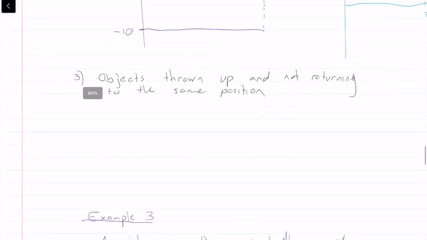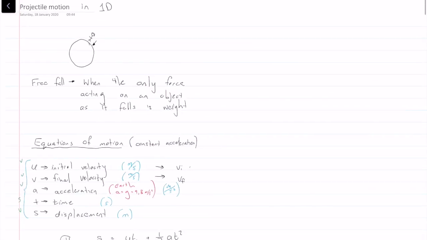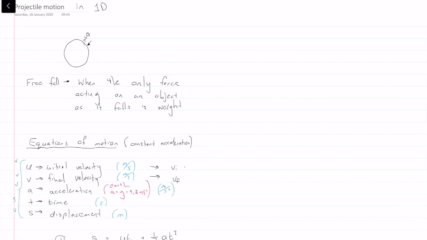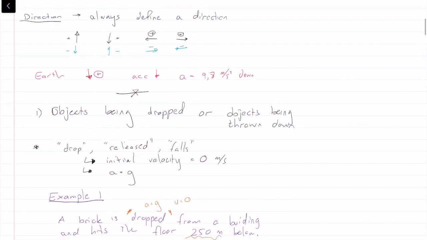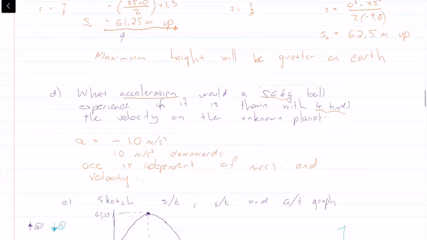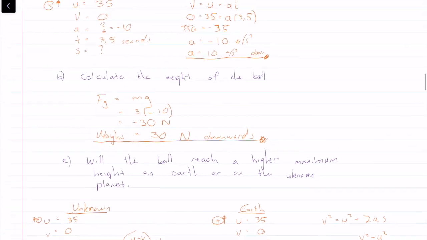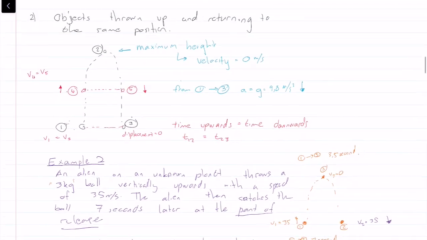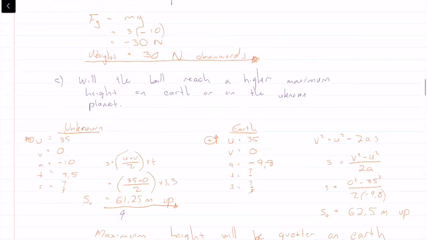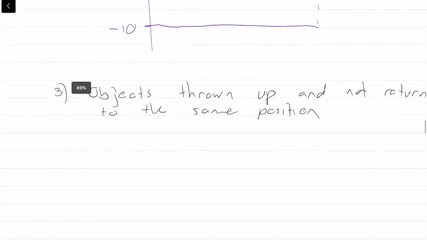This is the third video of the series on projectile motion in one direction. We went over the equations of motion, then we spoke about the importance of direction, did some examples, then we did objects being thrown up and returning to their original position. And now we're going to do objects being thrown up and not returning to the same position,